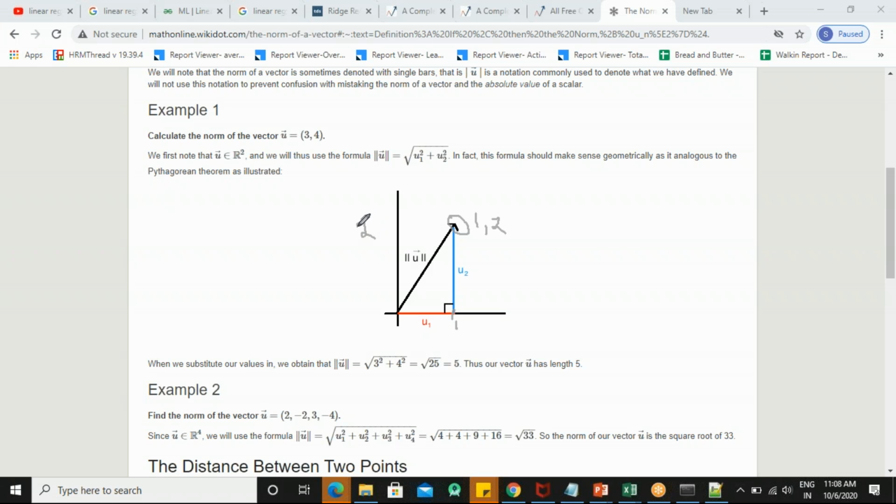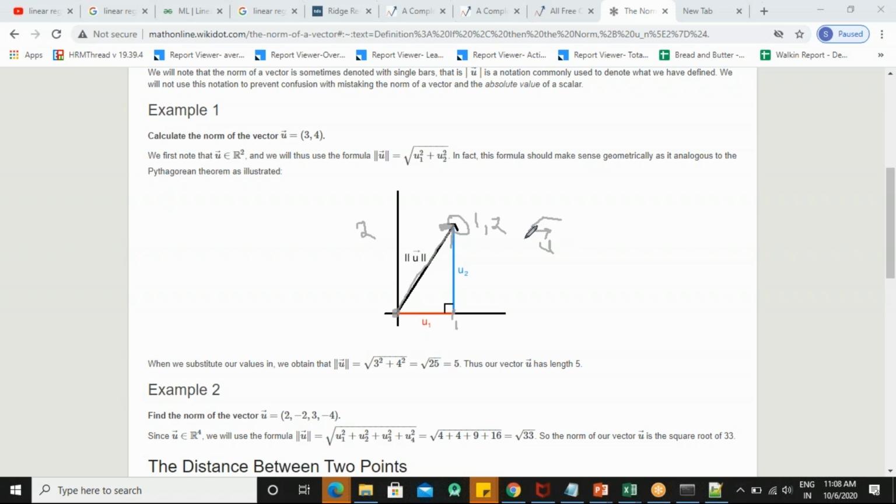Any point in a 2-dimensional graph can be represented as a vector if you draw a line from the origin. Okay, I'm just teaching some maths for those who are not aware. From the origin, if you draw a straight line towards the point, this line should have a direction. So this arrow is very important. If you see this arrow, this is what a vector is. So here your u